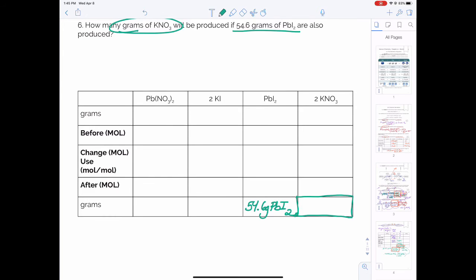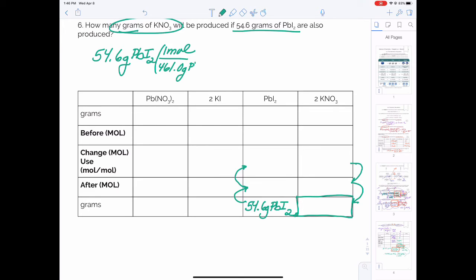The first thing I'm going to need to do is convert grams into moles, then figure out how many moles of potassium nitrate will also be made, and then convert that to grams. So I'm going to start with 54.6 grams of PbI2, convert to moles,